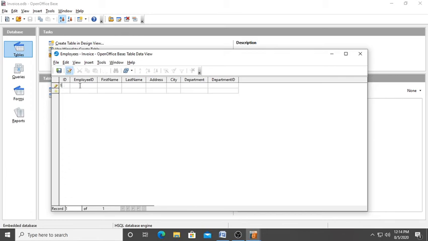Here you can write 1. Then for employee ID we write 101. Then first name, suppose we write Amit. Last name you can write Singh. Third is the address of Amit. You can increase the field width also like this. Address we can write Sundar Nagar.